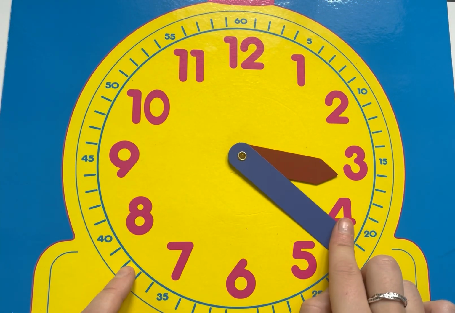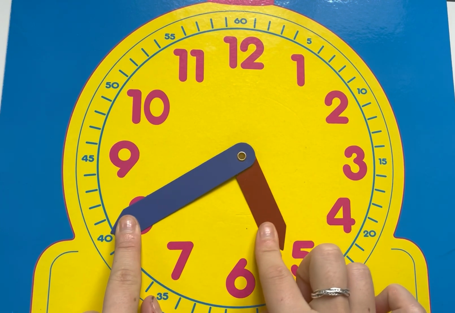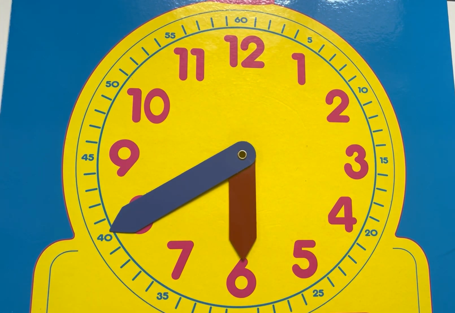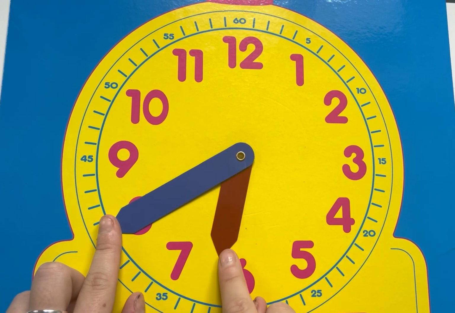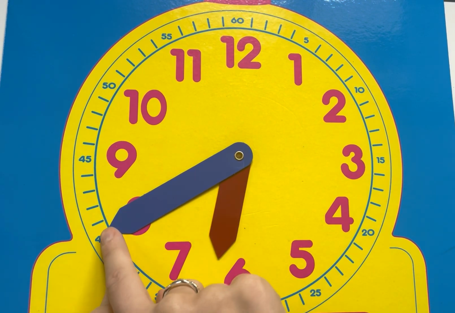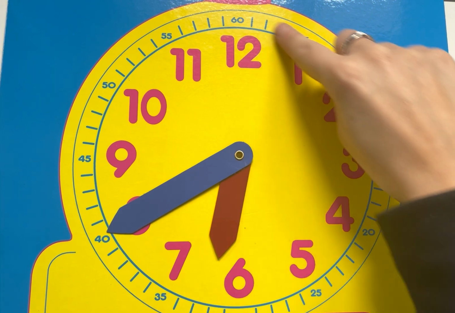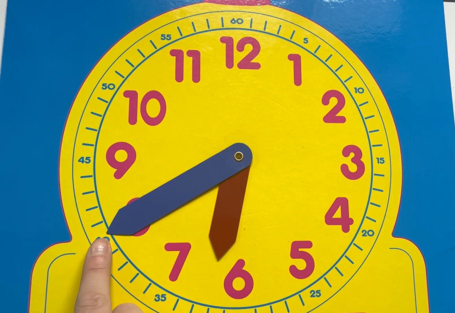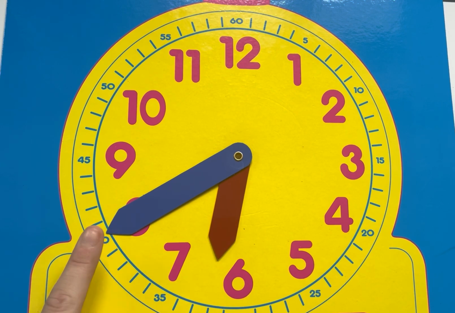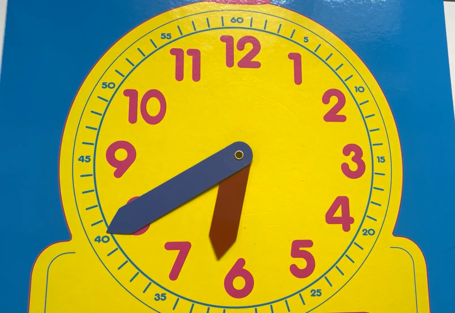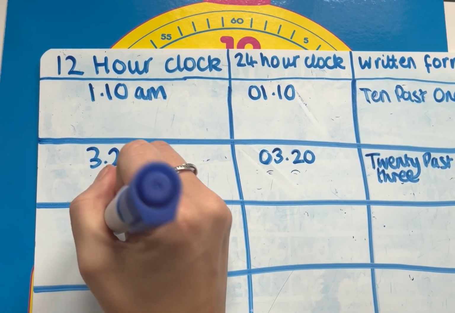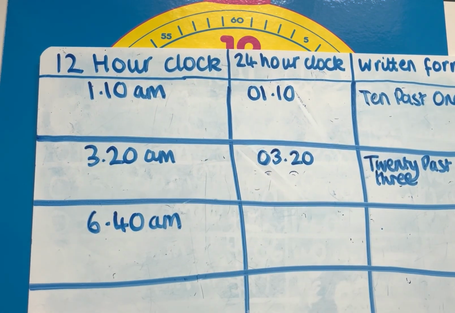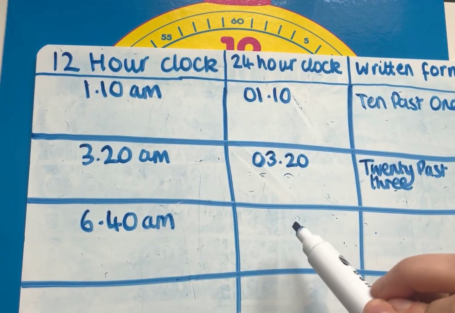Let's try another one. So now, what do we think the time would be? So we can see here that the hour hand is on the 6, and the minute hand is on the 8. So the minute hand has come all the way around the clock until it's on the 8, and it says here that it's been 40 minutes. So we know that it's 40 minutes past 6. So we could write that here as 6:40 AM because it's still in the morning,